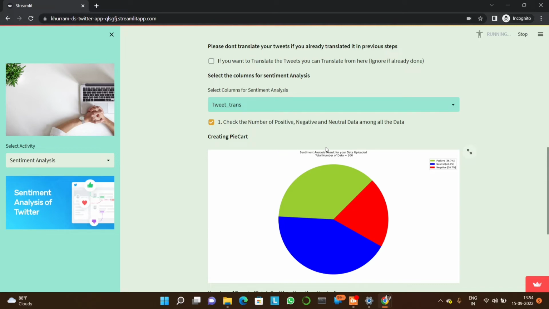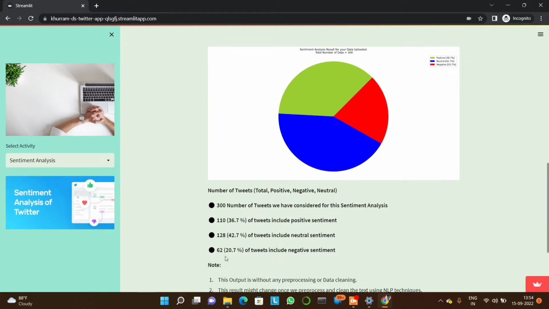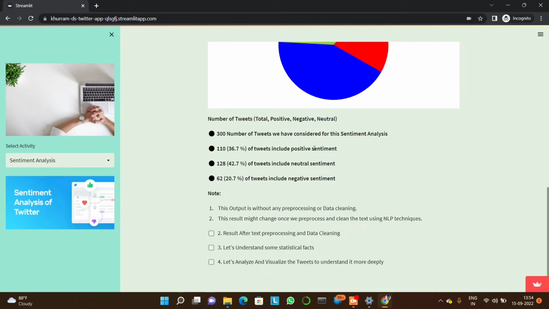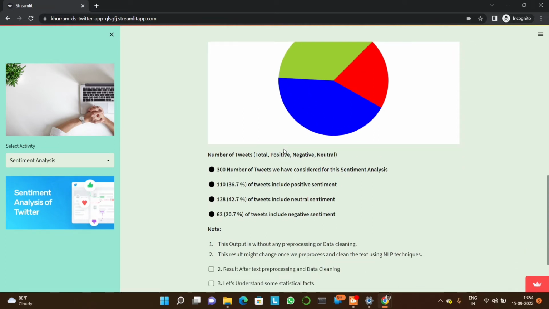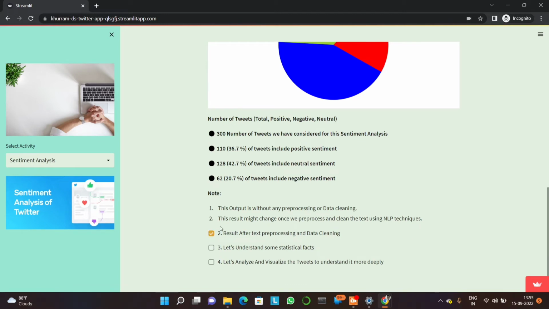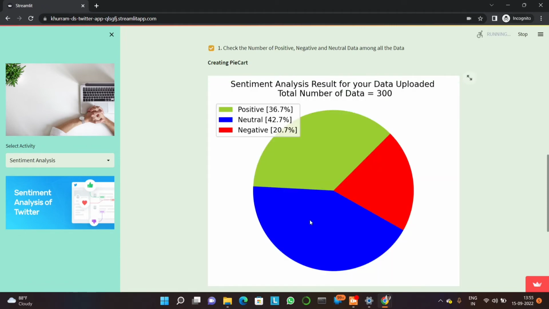This is the pie chart, and on the pie chart we can see that 36.7% has positive data, 42.7% has neutral data, and 20% includes the negative sentiment in our tweets. So this is the first step, and once we apply the data cleaning and the text pre-processing, this tweet data might change, so let's see here